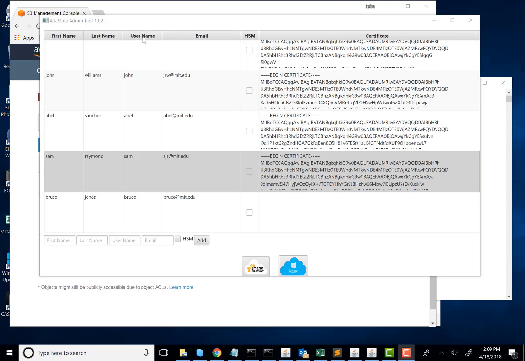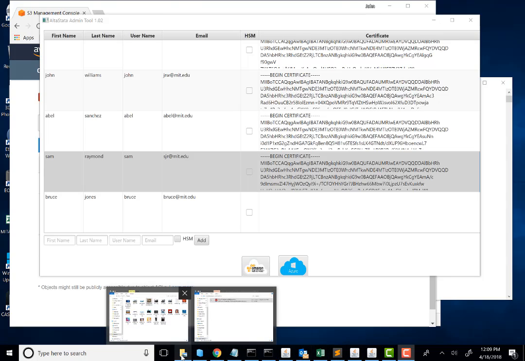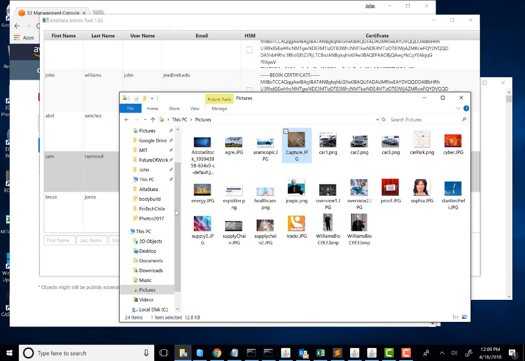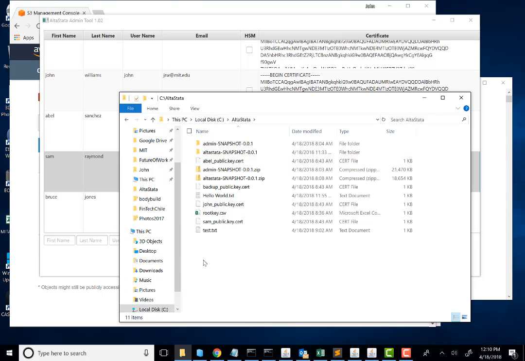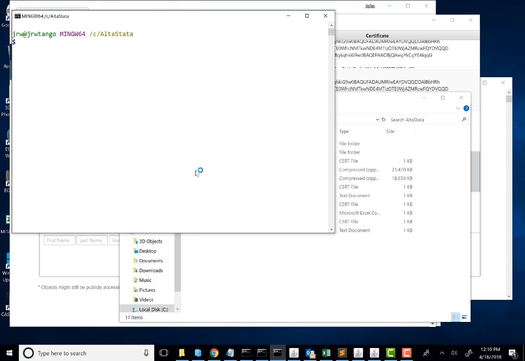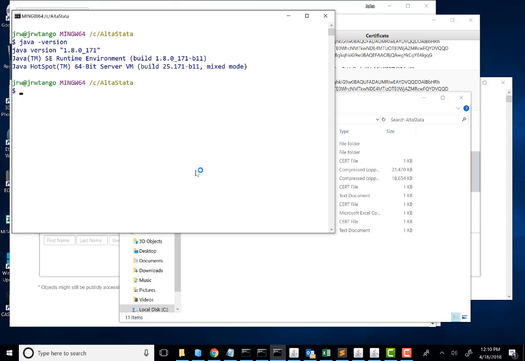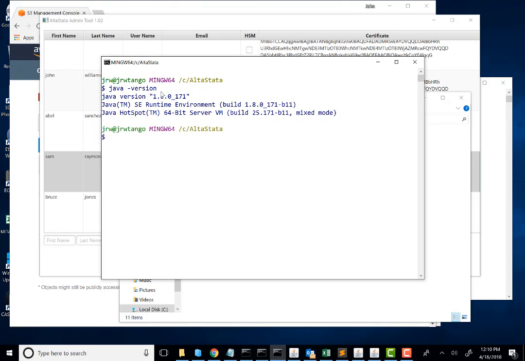Okay, so we're going to take a look at how to set up AltaVista. There's a couple of things that we need to do first. We first need to make sure that we've got Java running. Let's go to the local disk. I'll set up a bash and I'll just type java -version, and I've got Java loaded, and you'll see 1.8, and so they call this Java 8. This is the latest. So we're fine, we've got Java running,